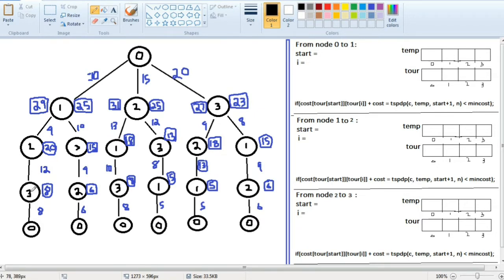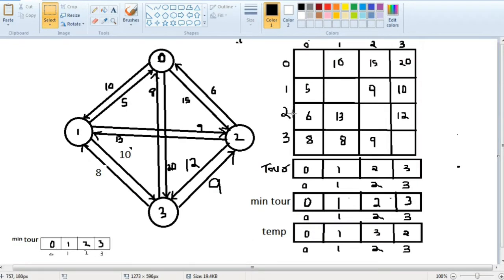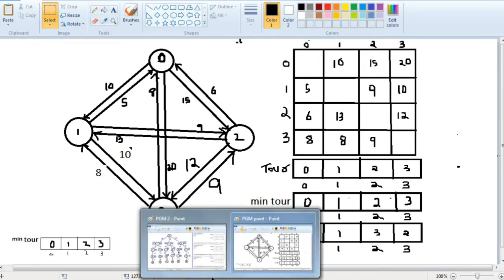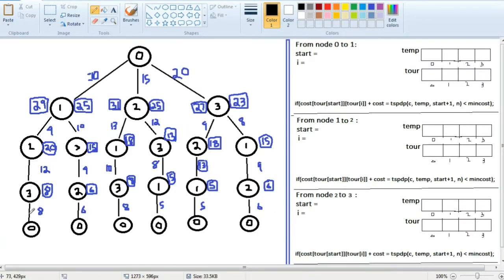See here, assume that I have started from here. I traveled from 0 to 1, then 1 to 2, then 2 to 3, then 3 to 0. So we'll start from here. What is the cost of traveling from 3 to 0? From 3 to 0 it is this one, meaning 8. So I have written 8 there. So 8 is the cost of traveling from 3 to 0.